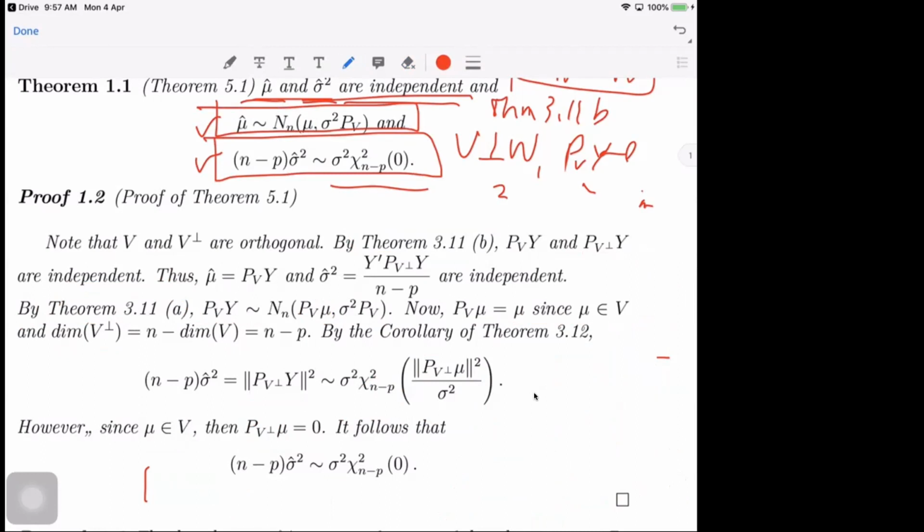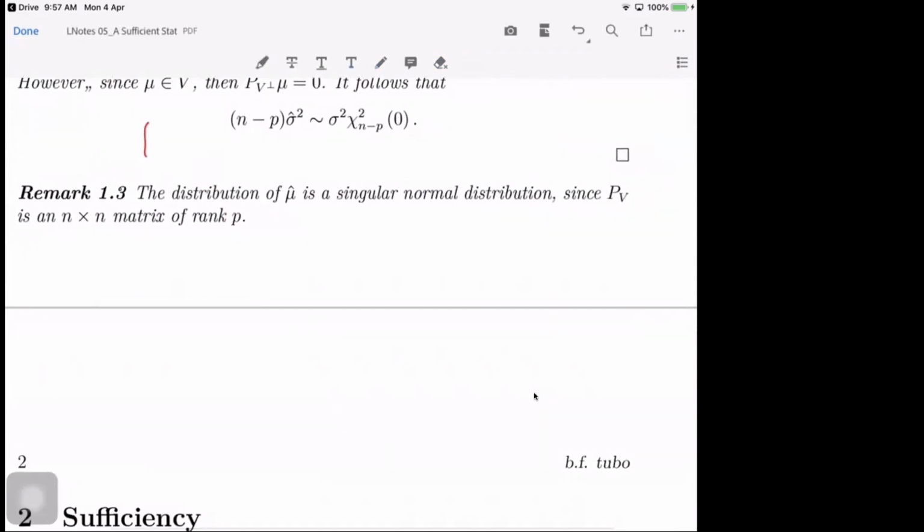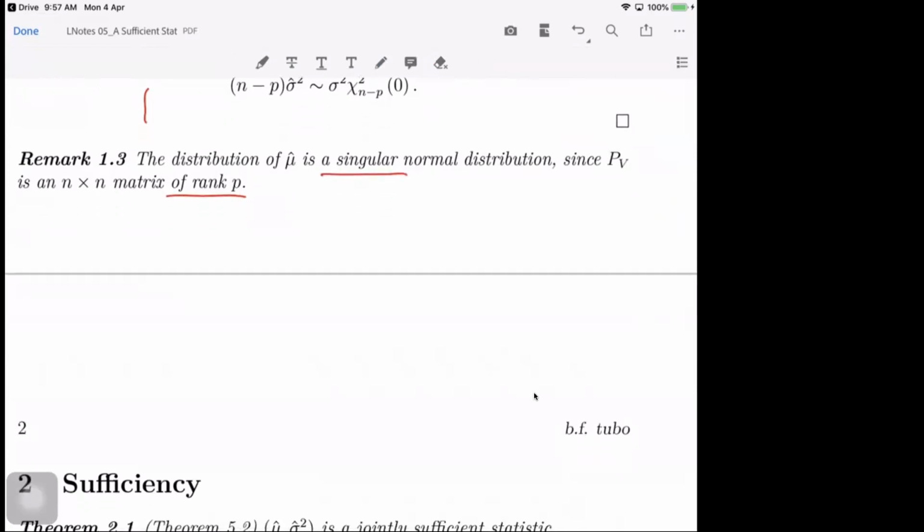So one is normally distributed and the other one is central chi-square. So the distribution of mu hat is a singular normal distribution since the projection on V is an n by n matrix of rank P. Singular. So it means